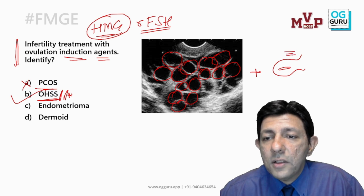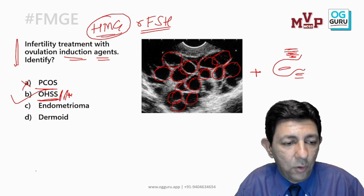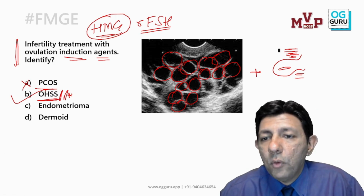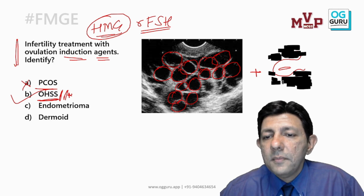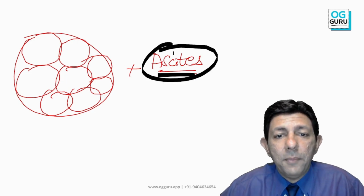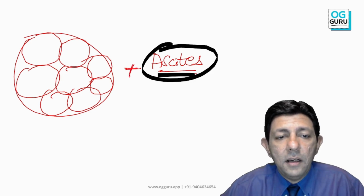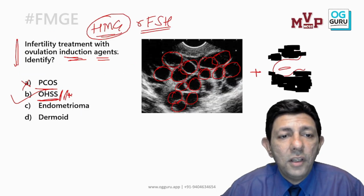where around the uterus on USG, there is all free fluid and ascites. Okay, because fluid is black. Fluid appears black on ultrasonography. So around the uterus, they should also give you one more picture where all fluid is there. That is your free fluid or ascites. Okay, this sonography picture should also be shown to you. That is actually OHSS. OHSS is multiple big follicles in the ovary plus presence of ascites. Okay, so ascites is also there in your OHSS, ovarian hyperstimulation syndrome, and specifically with this history of ovulation induction